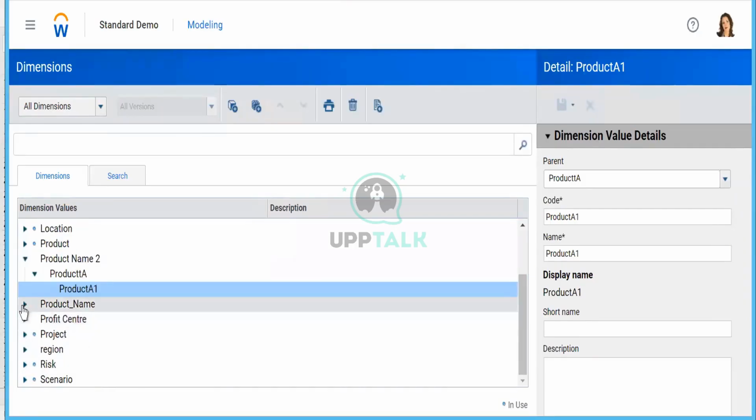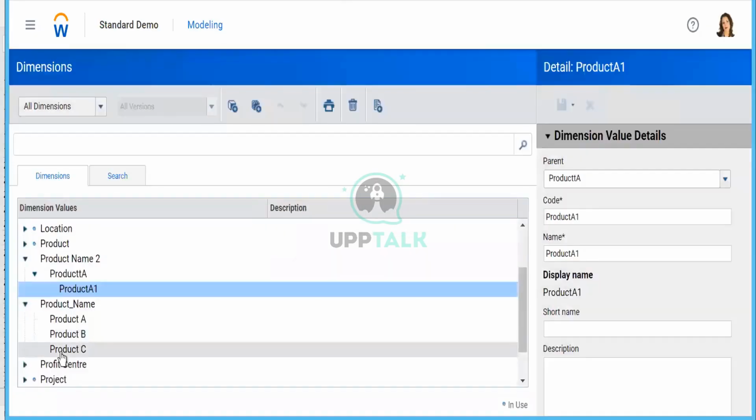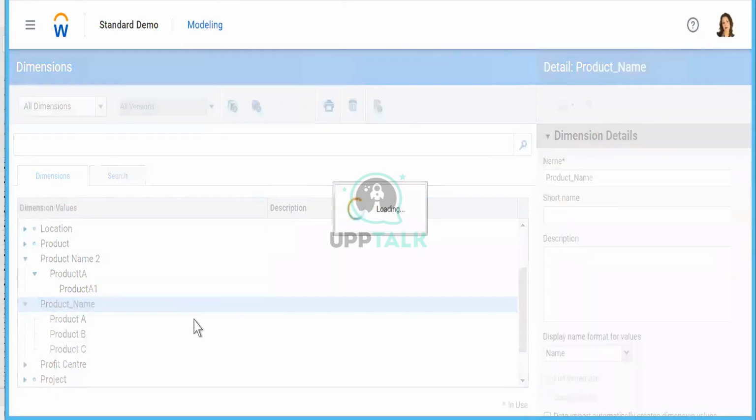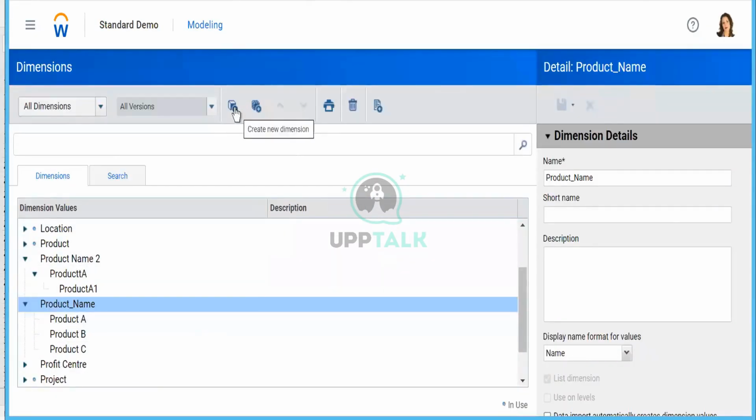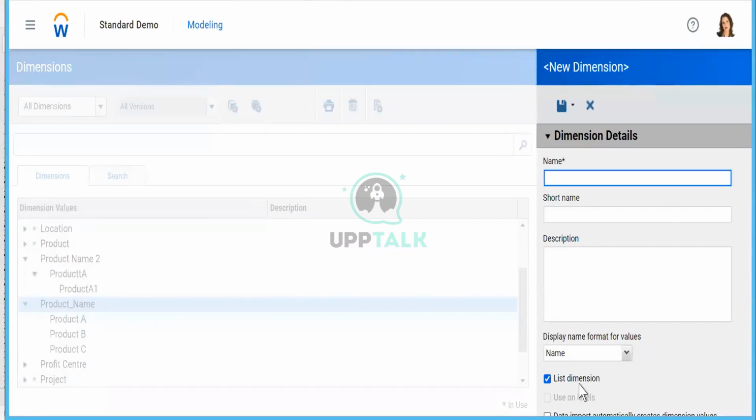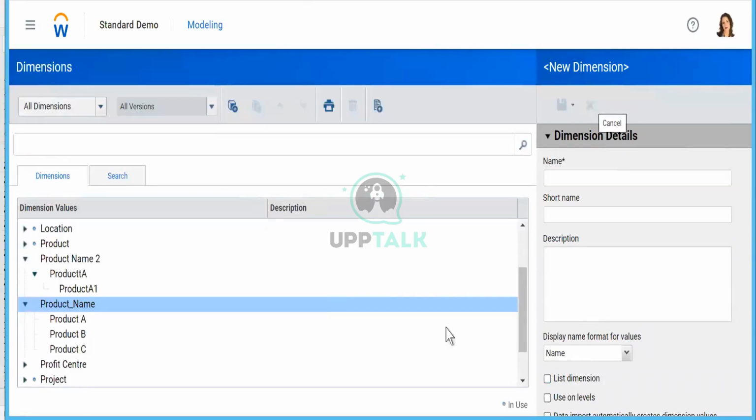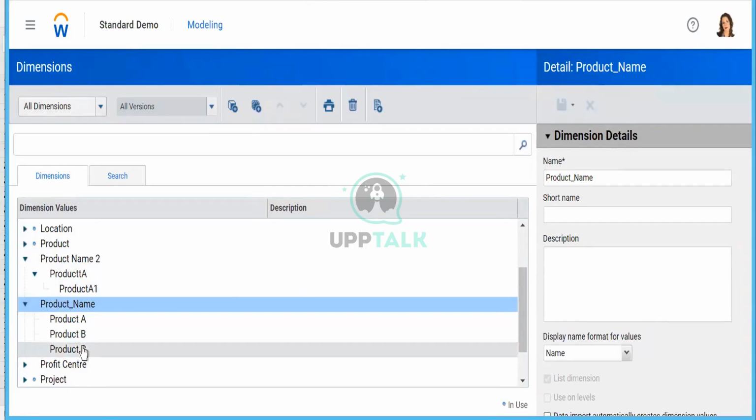And if you see the one below, this is a list dimension. By default, Adaptive prefers list dimension. But if you want a hierarchical dimension, what do you do? You basically just untick this. It's simple. It's an interview question, guys. If you can take notes also, it's very good. This is an interview question.